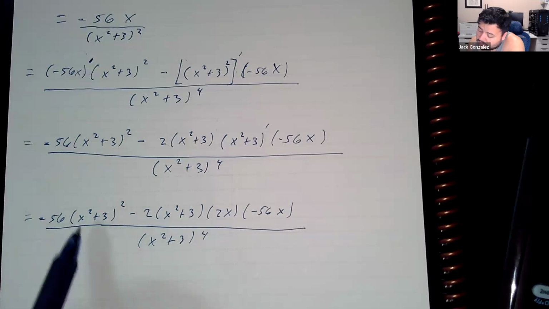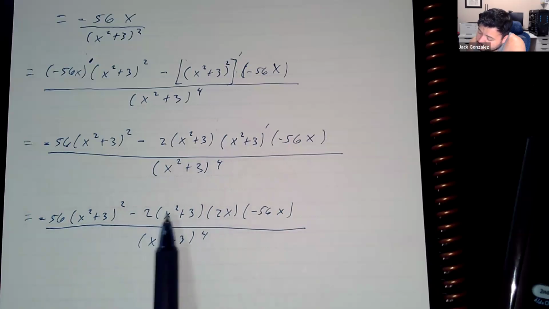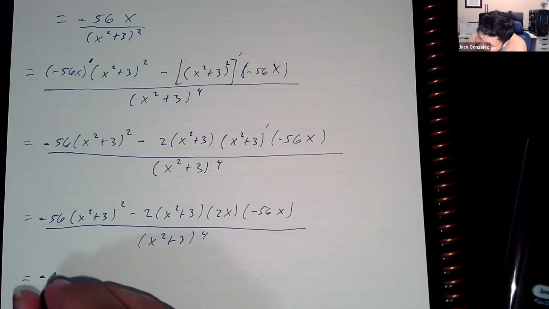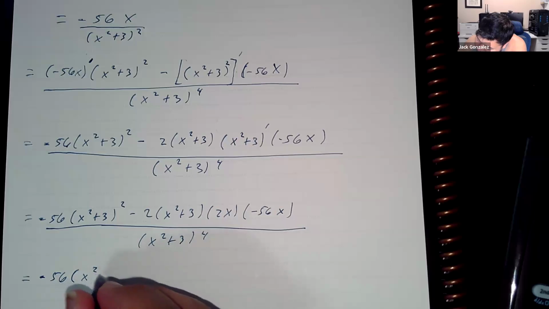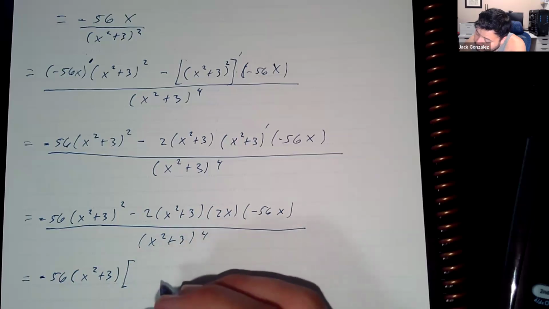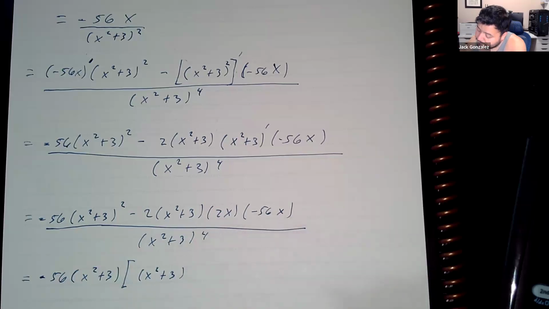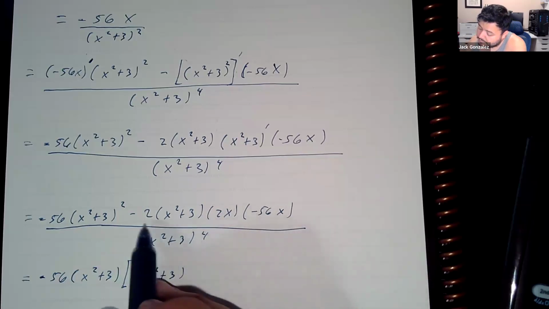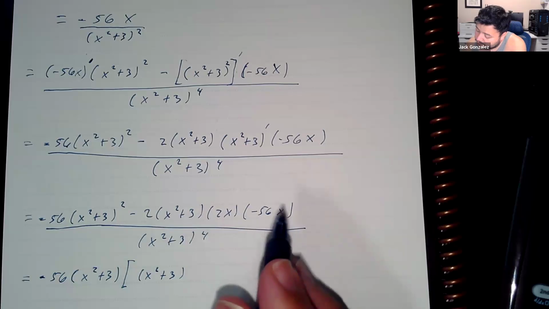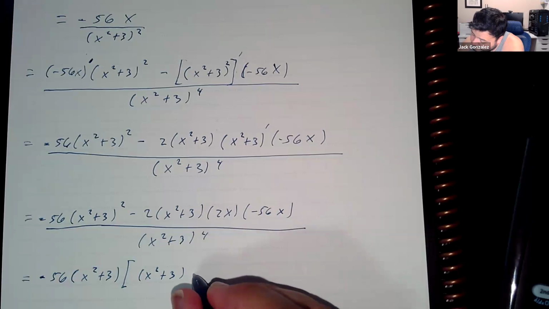We could factor, I'm trying to make this look pretty before we set it to 0. We could factor these two, right? And a negative 56. Negative 56, factor one of these as well, and you'll be left with x squared plus 3. This will be minus. One of the minuses will be factored, but you still have one left. So it'll be negative 2 times 2x. So minus